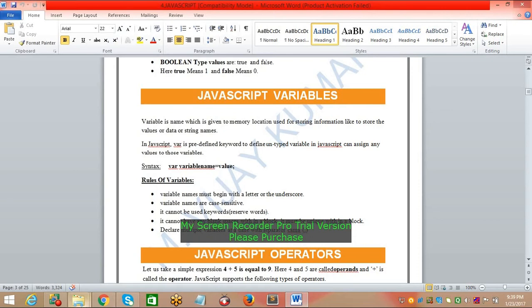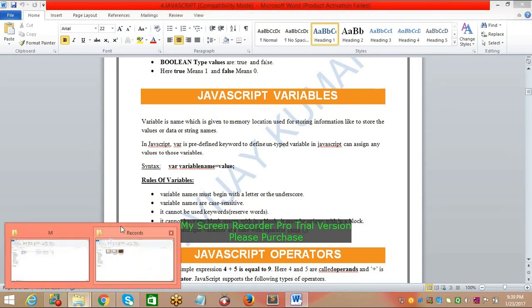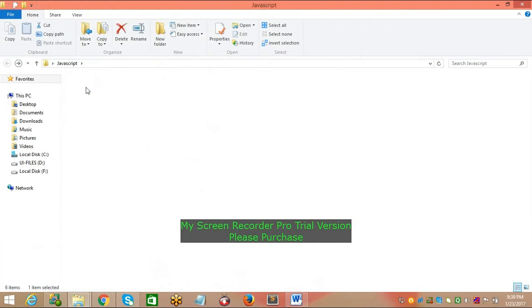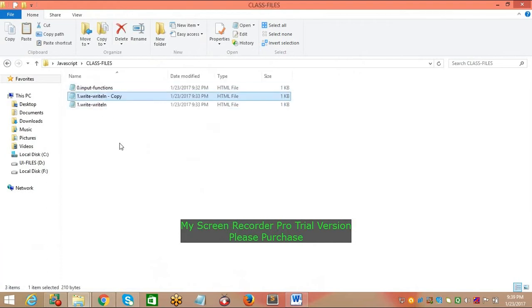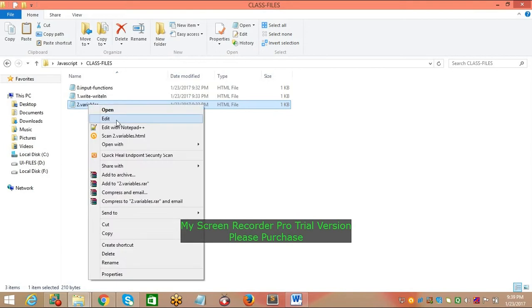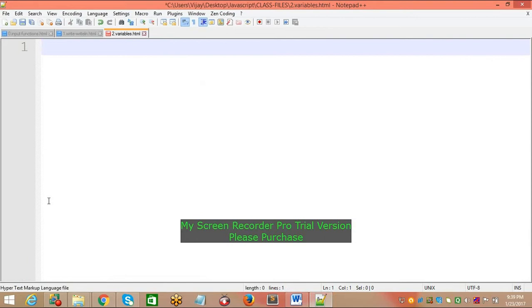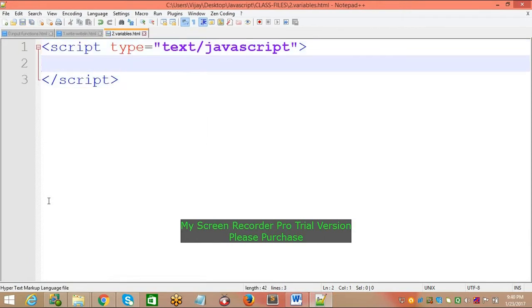Let me come to the example. Declare JavaScript statements using the tag called script, which we can write in the header section or body section, anywhere we can declare.